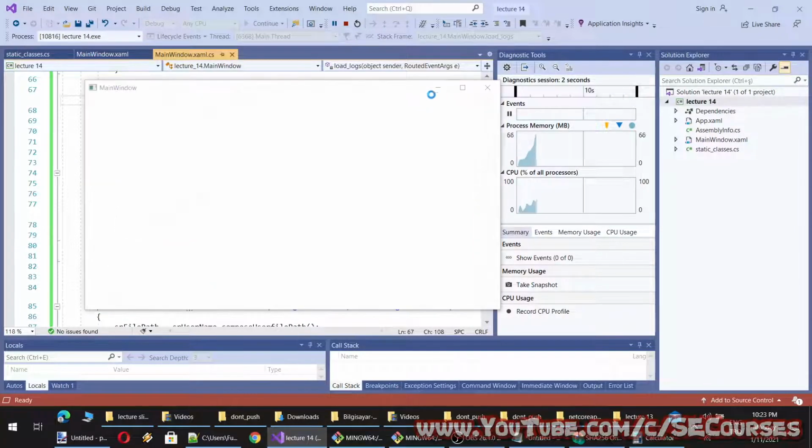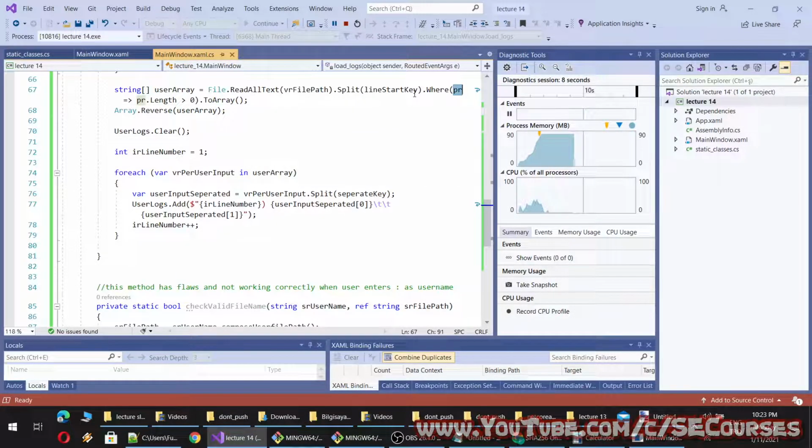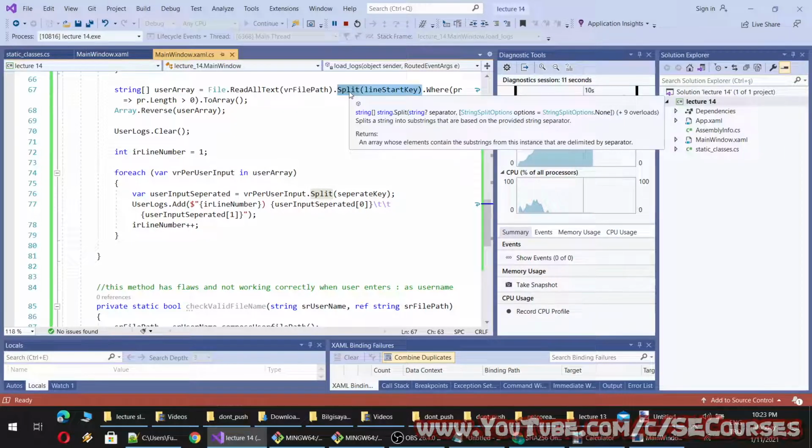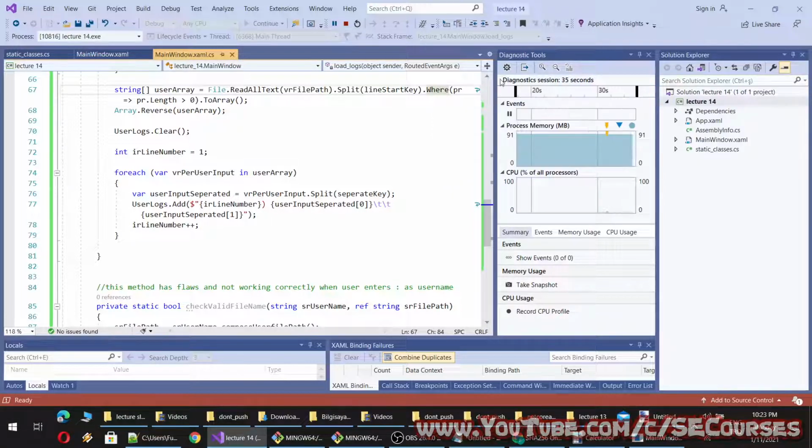Okay. So I have used a LINQ query here. This pr means it is each element returned from this split. Okay, so the var and the pr are used on IEnumerable things, which means things that are an array or array-like list, for example, where you can enumerate each element in a collection. So basically it means a collection, and you can iterate through every element of that collection. And why is pr used? pr is used as a shortened name of parameters, nothing else. You can type anything else here as well, it doesn't matter.